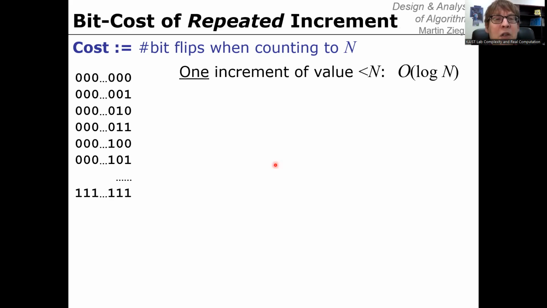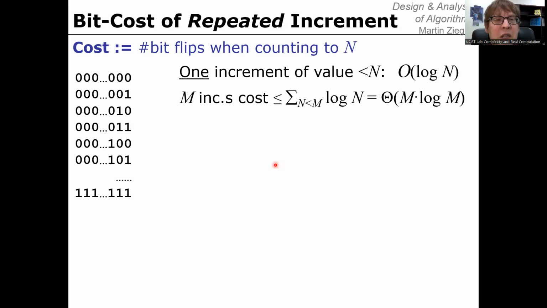And how many bits are there in a count of value up to n? There can be at most logarithmic n many bits, and almost all of them can flip in the worst case. Now, when we take that worst case analysis and apply it repeatedly for the case of repeatedly incrementing, that means if we increment the counter m times, and each time can have at most cost log m, then that means